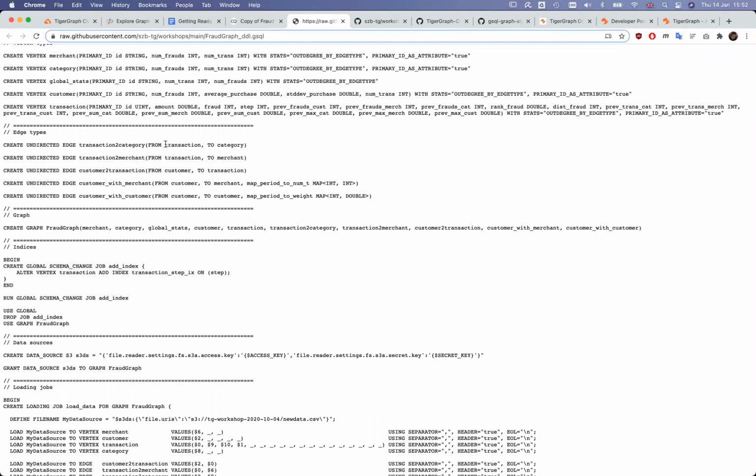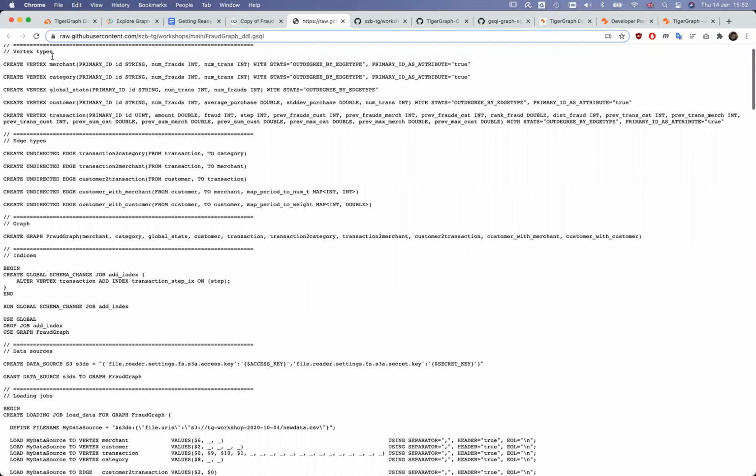Again, because it's undirected, it doesn't really matter which is the from and to, but for conceptual, logical, or coding purposes, it's better to use the direction which is most frequently used and most meaningful for your use case.